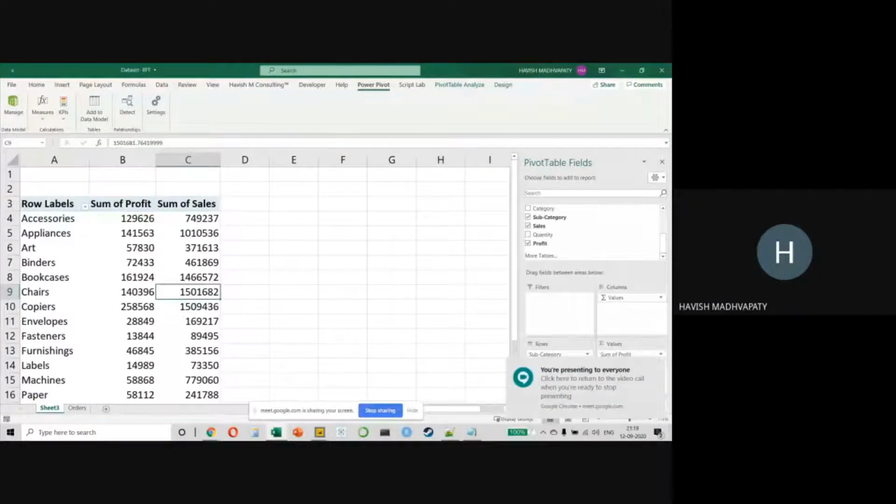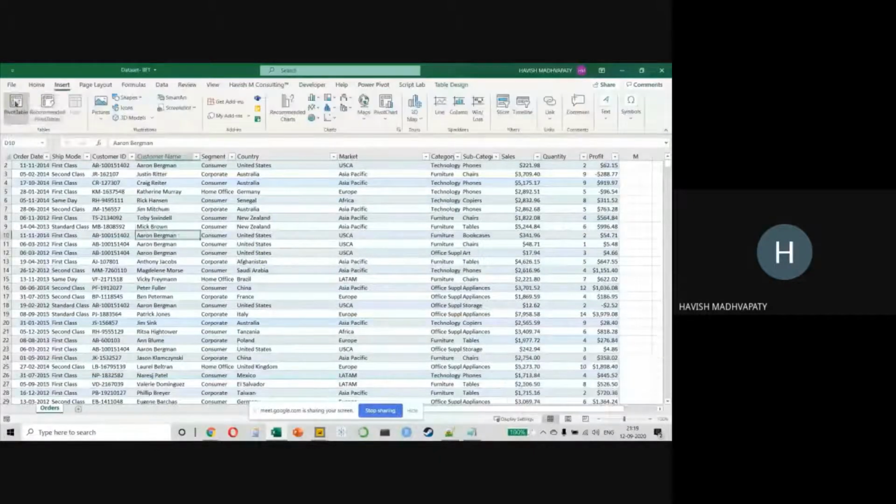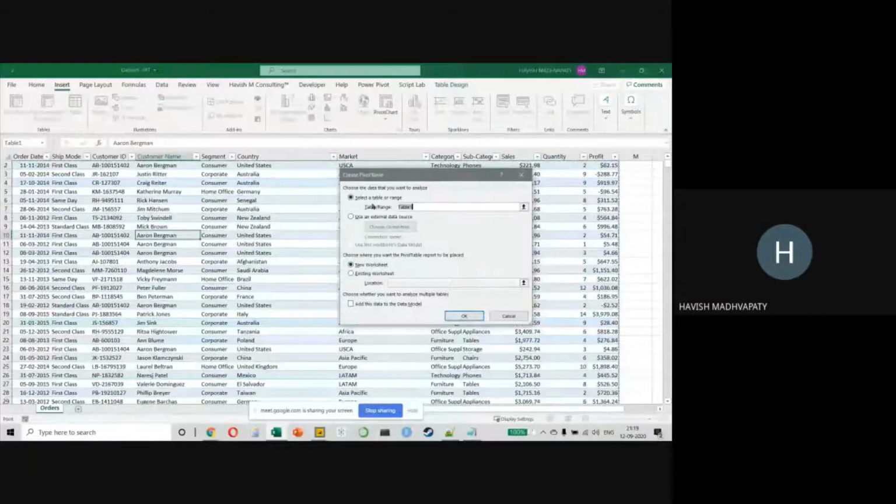Now let's see how cool this is. Just watch carefully. The first thing that I want to do is I will do it from the beginning, okay? I'll delete my result. And now when I create a pivot table, please notice the difference. There is an option called add this data to the data model, the last one. So usually we never pay any attention to this, right? We just click on insert pivot and we click on OK. But I want to select this button.